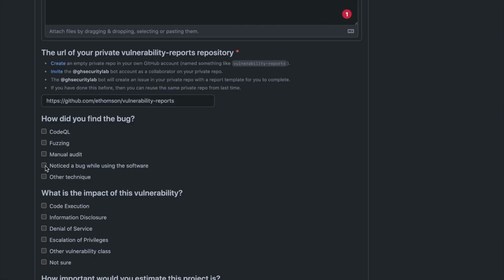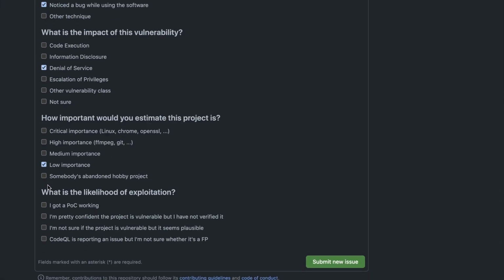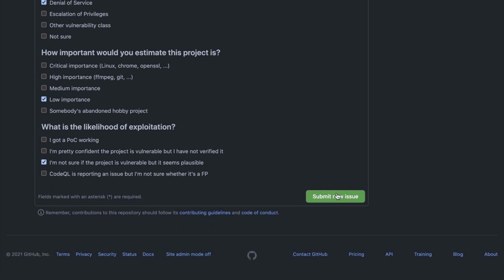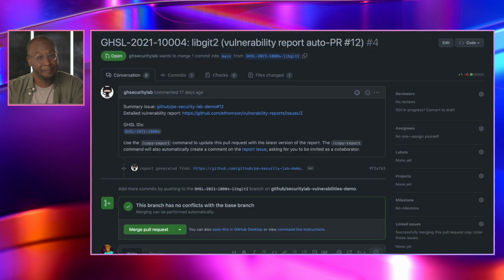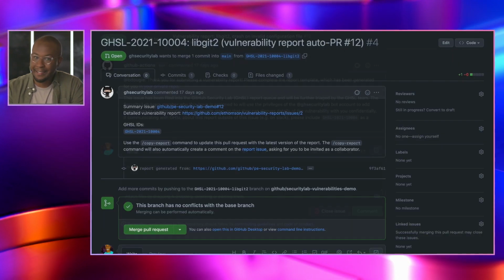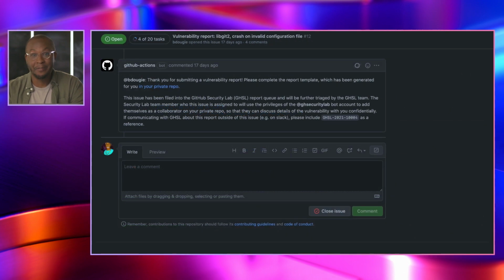When I find a security issue in open source projects, I can go here to report it and fill in the issue form template. As soon as I create the issue, GitHub Actions takes over. It adds vulnerabilities to our internal database and looks for the project security guidelines, and then reports that issue using the project security policy.